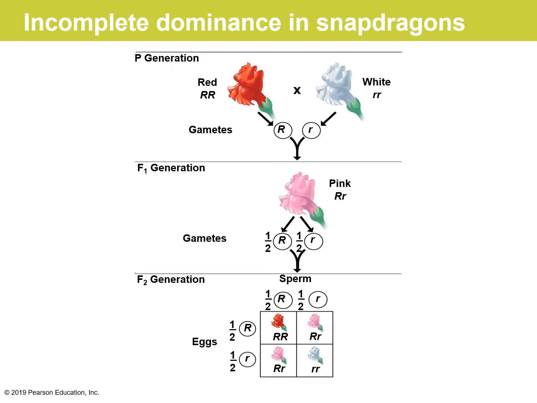This slide shows a very interesting incomplete dominance in snapdragons. We have two varieties of snapdragons as parents: purebred snapdragons with red flowers and purebred snapdragons with white flowers. When these are crossed, in the F1 generation we would expect all the flowers to have the dominant phenotype, that means all the flowers should be red. But instead, the heterozygotes, with an uppercase R and a lowercase r, give the phenotype of pink color, which is intermediate between red and white. Then in the F2 we see the reappearance of red and white flowers, and also pink flowers, because whenever there is a heterozygote it has pink flowers.